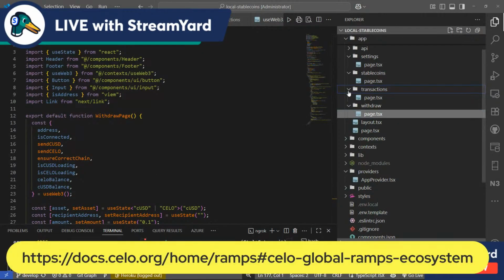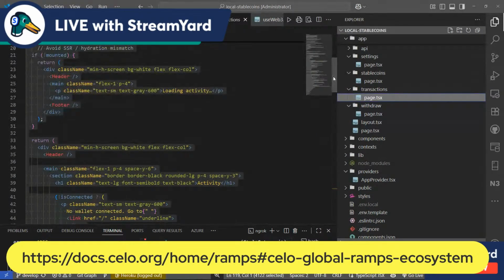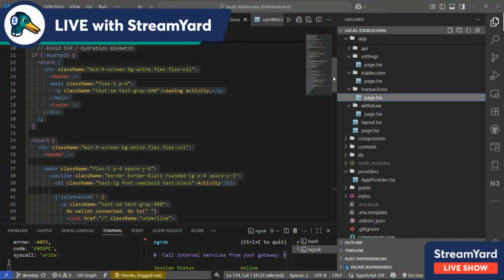Then under transaction, it's really good to show the transaction. You can have a mini app transaction. So remember, this wallet does not only interact with, if you have connected a MetaMask wallet, probably it also interacts